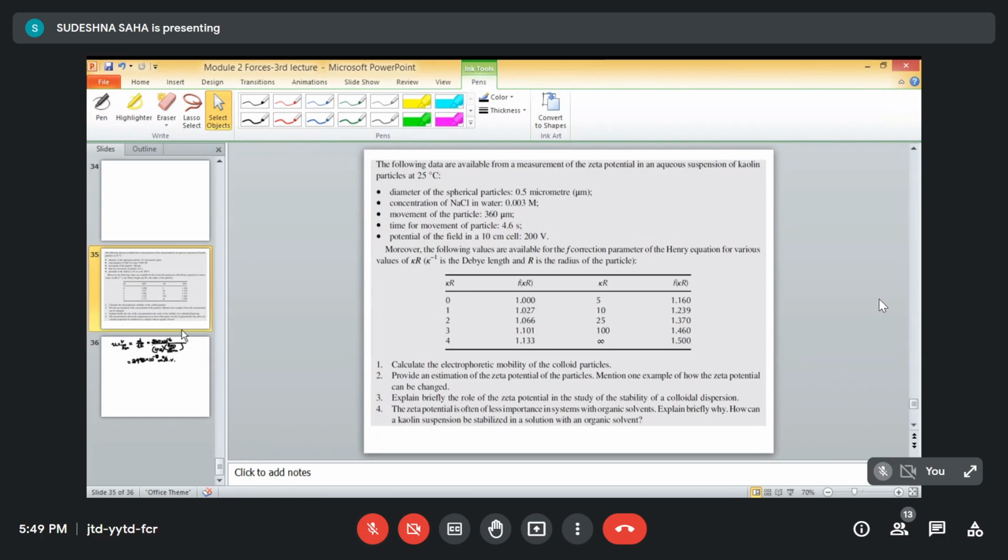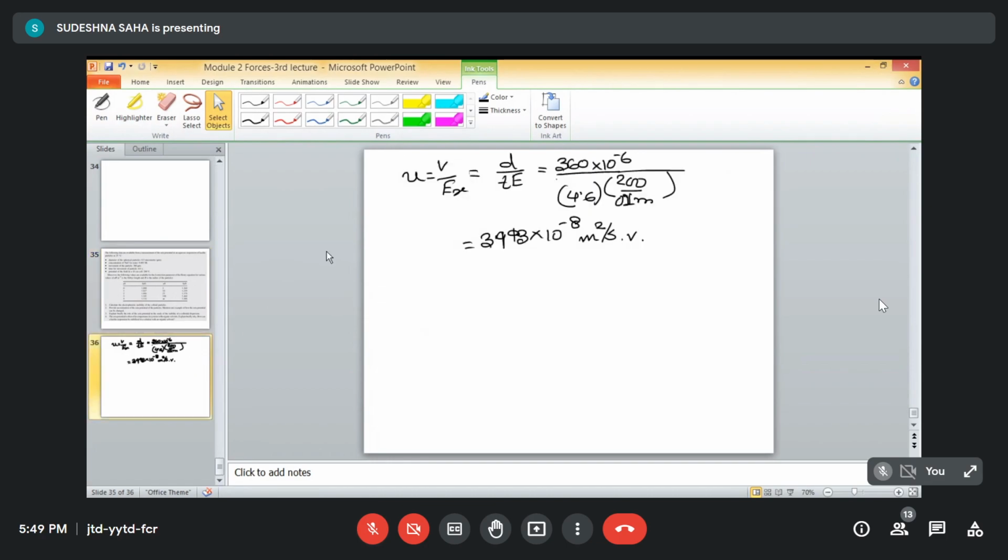Now I haven't mentioned this, but usually if I provide this kind of problem, then obviously your data will be provided. So in one of the tables, we found that for 1:1 electrolyte,